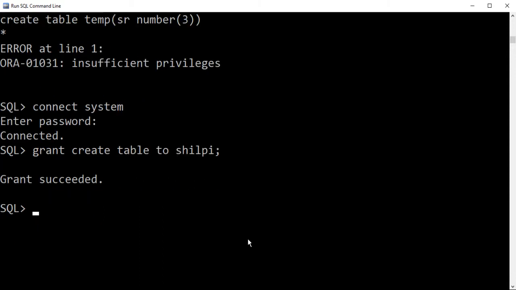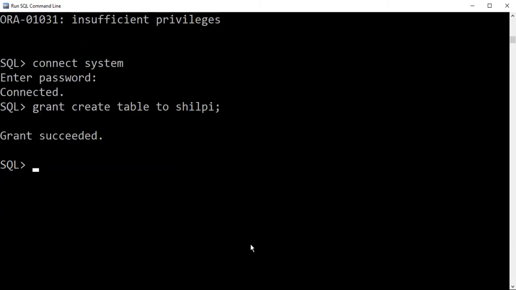Okay, now one thing to consider here is that I have granted the permission to create a table to the new user, but still if I connect with the new user and log in with the new user's password, I will not be able to create the table, because table creation also requires other resources like memory resource and processor resource. So I have just provided the permission to create the table, but I have not provided the permission to use the memory resources and other resources.